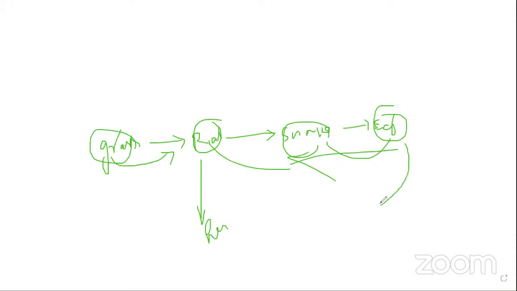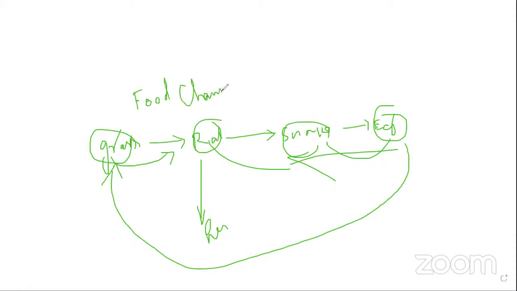After the decomposer only, it reaches the grasses, as you already know, but with the help of microorganisms, fungi, bacteria, algae, and so many things. So this is called the food chain. It is nothing but a unidirectional food chain. Food chain is very, very important, my dear. It's a unidirectional energy transformation from one phase to another phase.